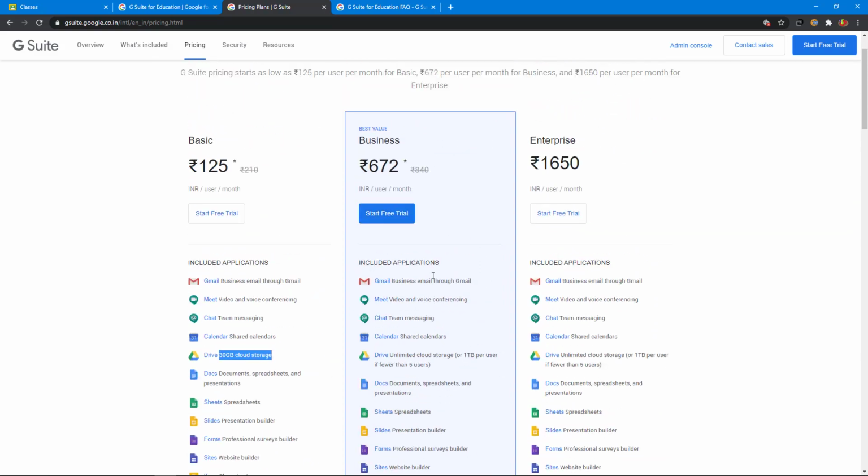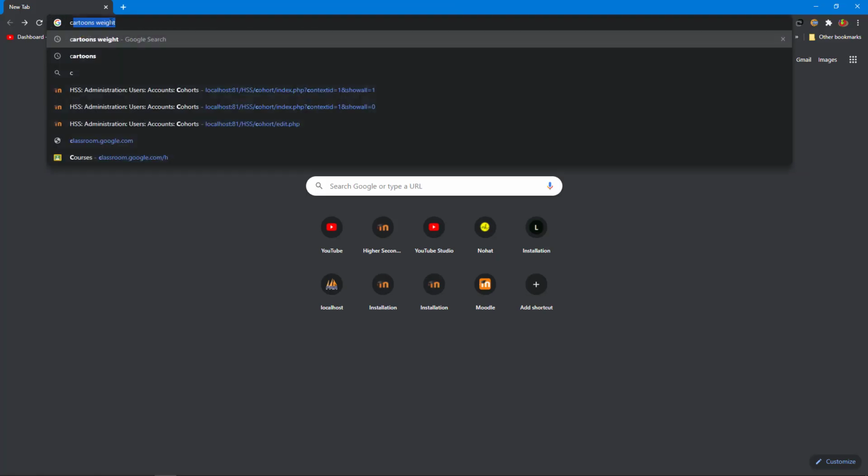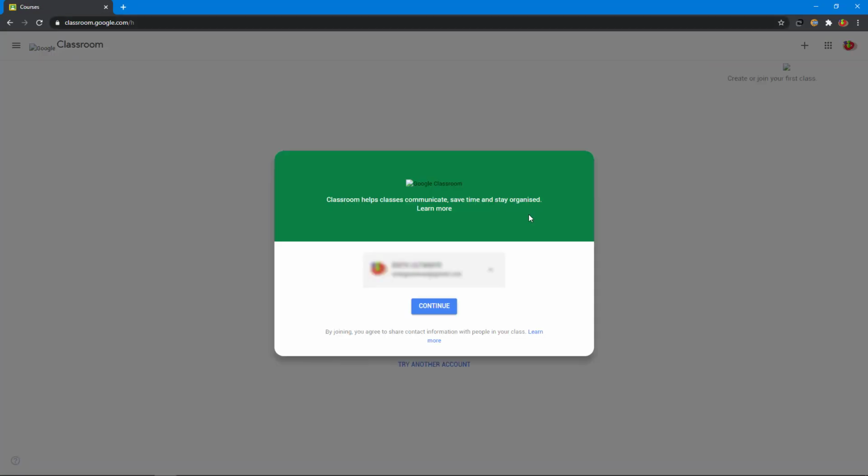Okay, now we are ready. I want to close this tab. First of all, I go to classroom.google.com. For demonstration purposes, I use an ordinary email account, but this is not recommended for students. Use only a G Suite educational account. And here you can see the welcome screen. If you already signed in with the Google account, click continue, or you can create a new one. I click the continue button.